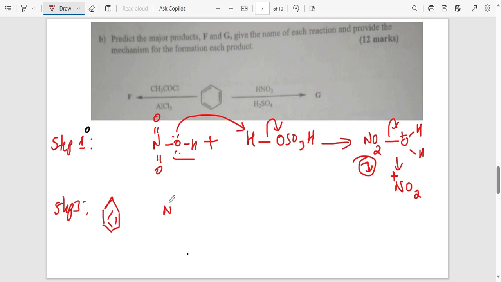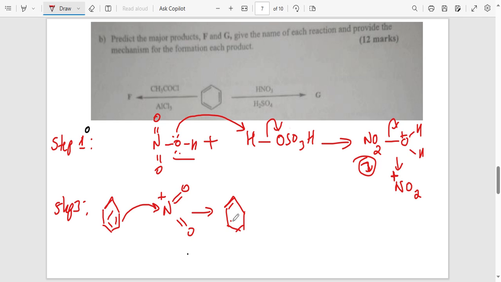So the ring will come in. Look at this. I'll now write this structure like this. This one has a positive charge. So this will come and grab this, and what we are going to form,